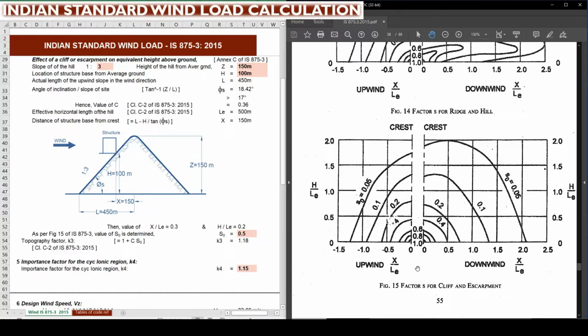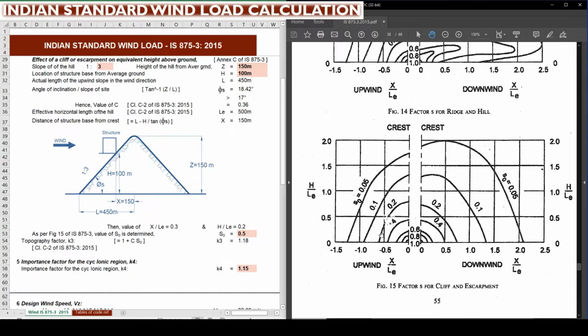So we already have the value of x and LE. So x by LE we are applying here and we are getting 0.3. H by LE is 0.2. So in order to find S naught value, we require H by LE value and X by LE value. So we have found out the same thing. And from this graph, you see X by LE is located,